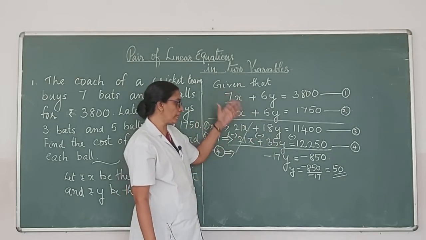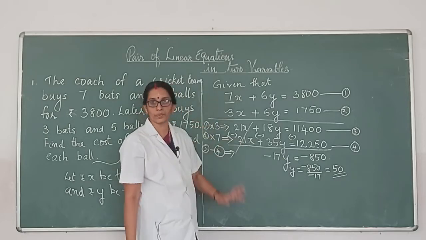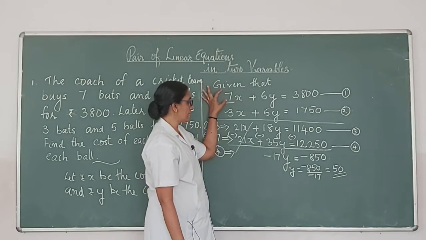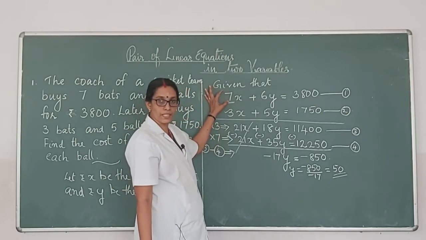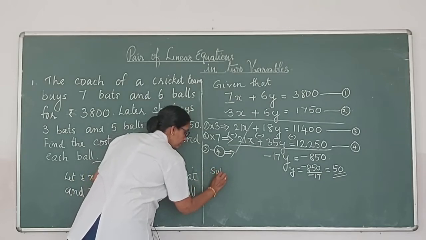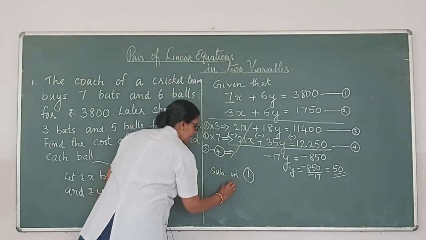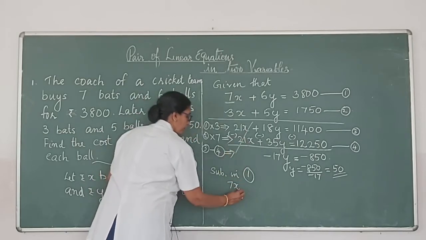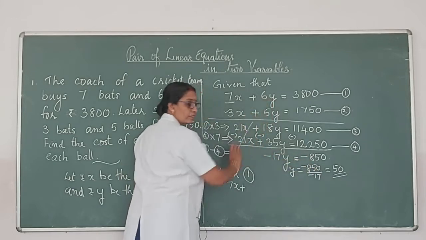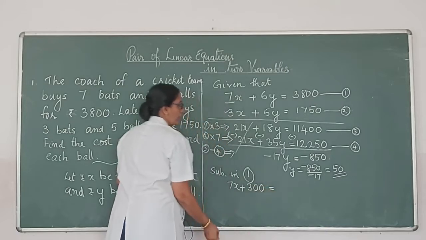And in any equation you can substitute, but it will be easy for you to substitute in the given equation itself, because this is a simplified equation. So we can substitute in first equation. So value of y, we substitute in equation 1. What we are getting? 7x plus 6 into y value is 50. 6 into 50, 300 equal to